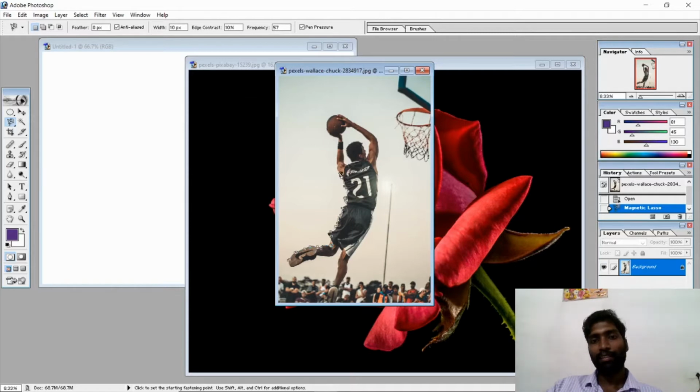I am not clicking that much. I am selecting only the person. The magnetic lasso tool is used to select automatically. We just have to move.